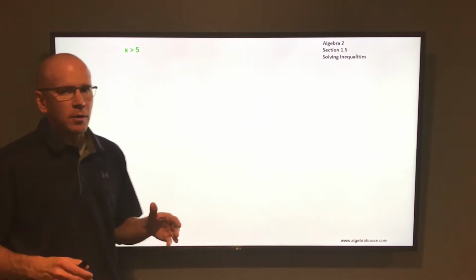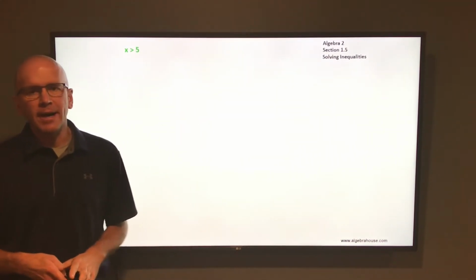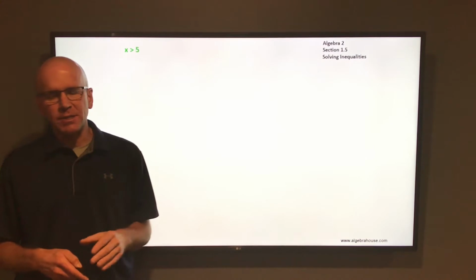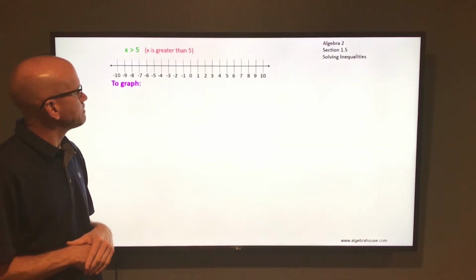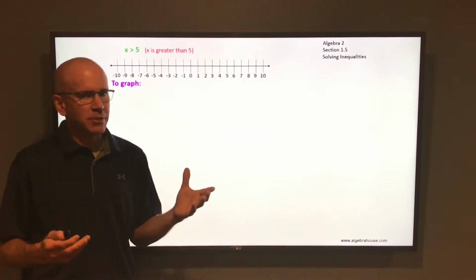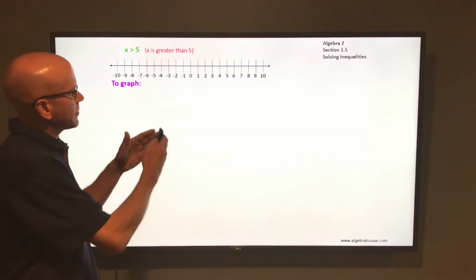We're going to talk about inequalities. Up here we have x is greater than 5. What that's saying, or what that means, is that all values of x are greater than 5. So if our job is to graph that, we graph this on a number line,